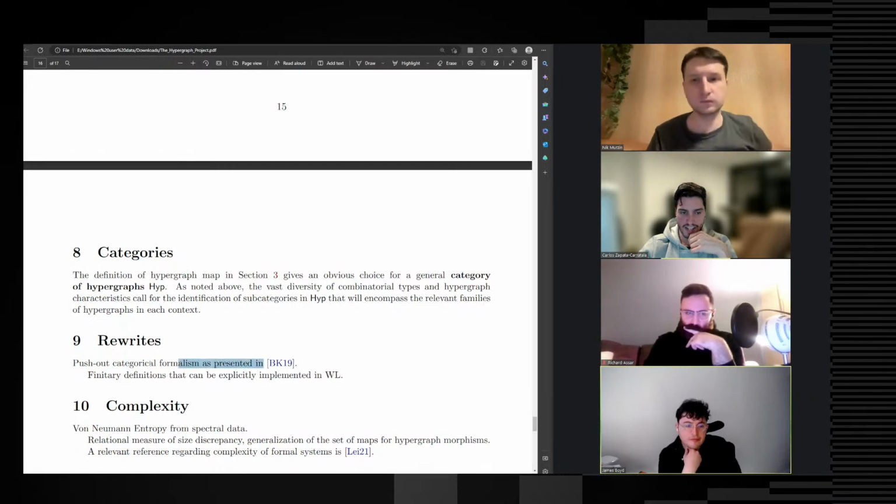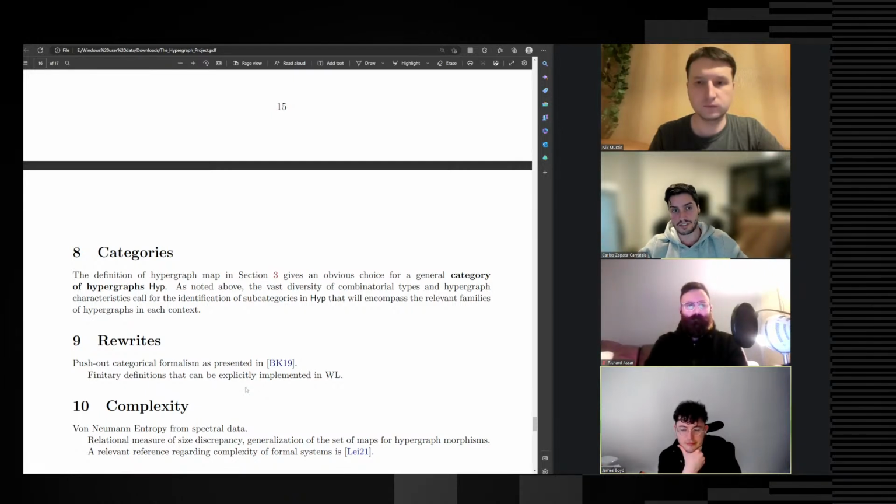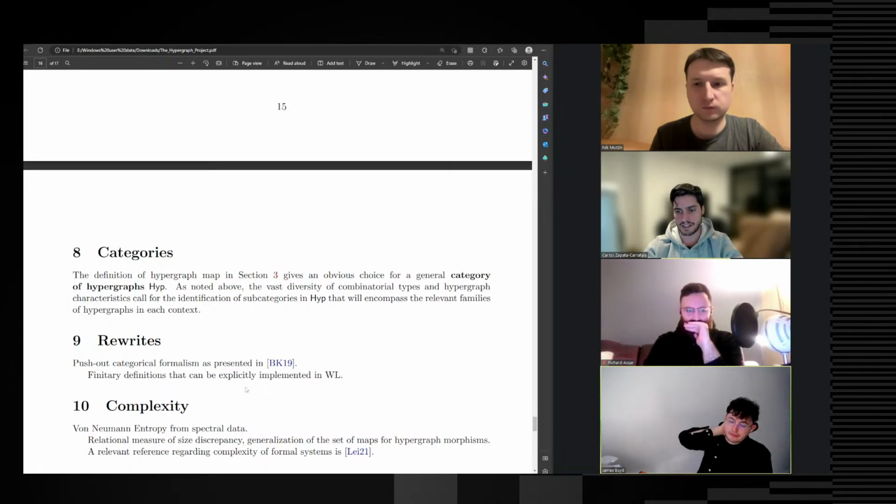So what I imagine the rewrite part to be is, as I say here, sure, we can contextualize what we do in this push-out categorical formalism, which is very standard and quite easy to understand. And we can try to make this part of the document a more pedagogical, more accessible introduction to this particular formulation, which I struggled a lot to understand the first time, because I couldn't find a single 2-3 page digest of what it is. It's mixed in 90s papers and early 2000s papers here and there. That's one side. But the other thing is we can have this actually implemented in Wolfram language and do all the kind of experimental mathematics that we propose there, right?